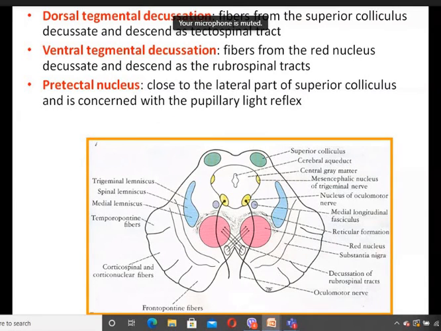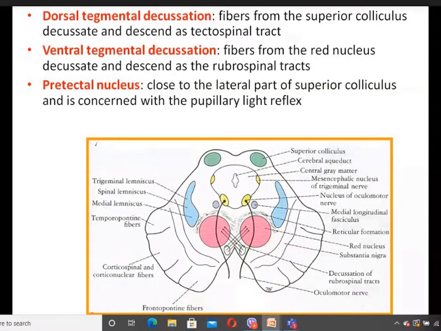That is all about the section of the superior colliculus and inferior colliculus. So don't forget the nuclei of the oculomotor nerve, which is present at the level of the superior colliculus, and other features similar to the other area. So they are the mesencephalic nucleus, the medial lemniscus, spinal lemniscus and trigeminal lemniscus, red nuclei and the rubrospinal tract. They are the main features at the level of the superior colliculus, whereas at the level of the